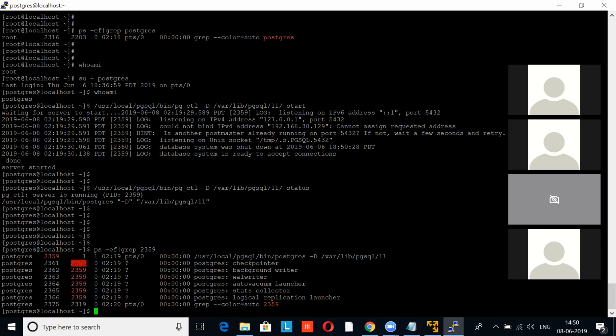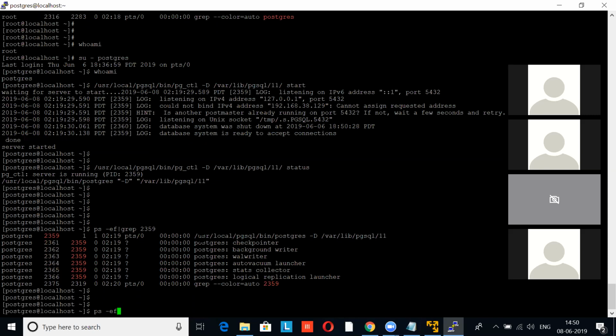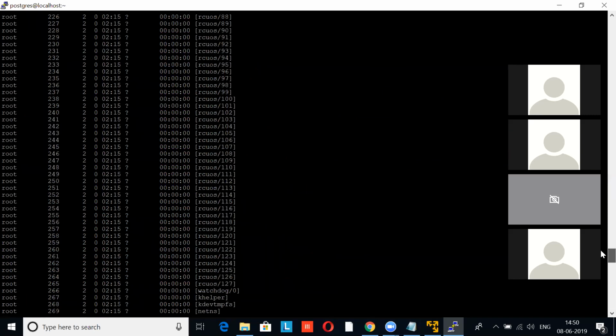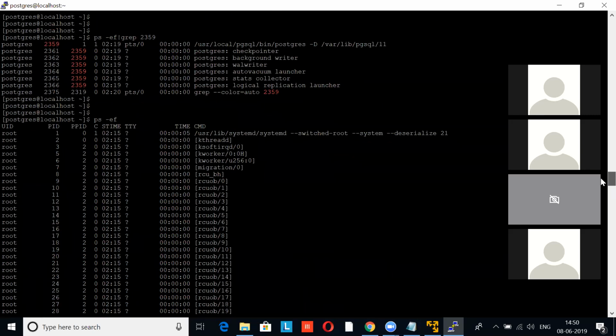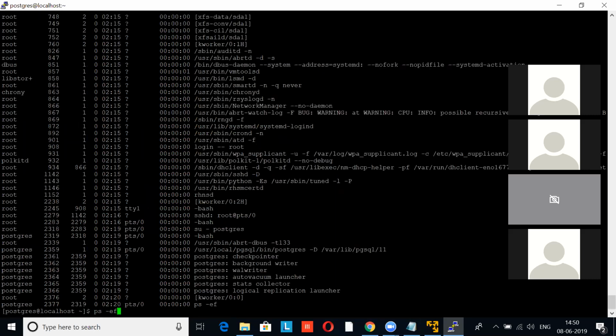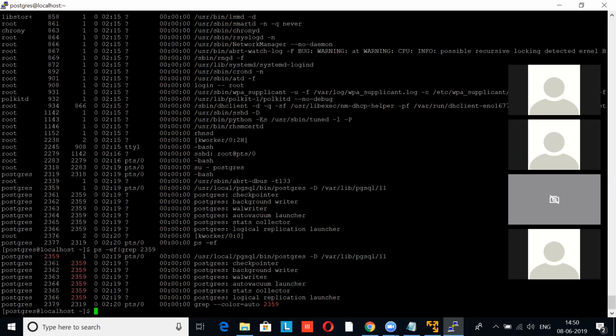So that means if you kill the parent process ID, all these child processes will be killed automatically. You got my point? See, if you enter ps -ef, you see username, process ID, parent process ID. Like this, if you run this command, these are all the process IDs. Only one parent process ID for all the child process IDs. If you kill the